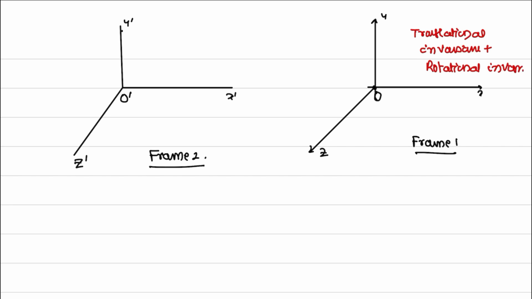Here also translational invariance plus rotational invariance are present. Then in frame 1 and frame 2,